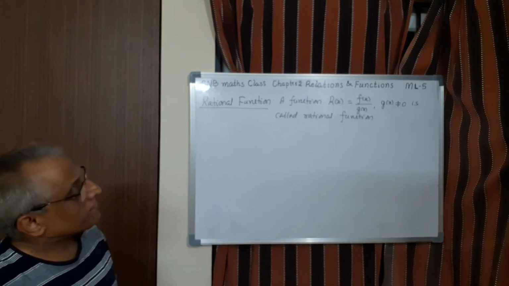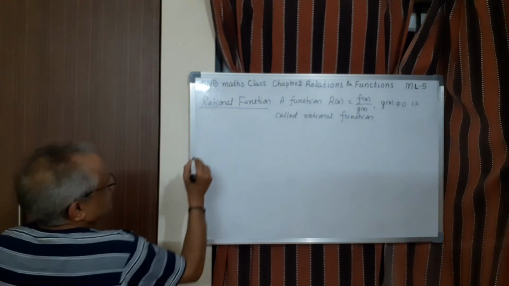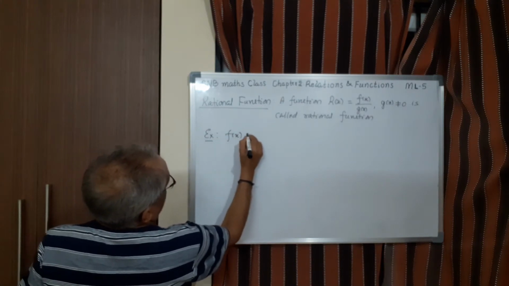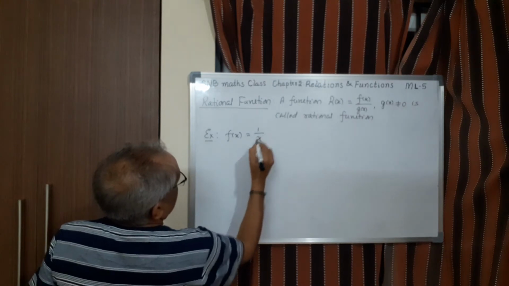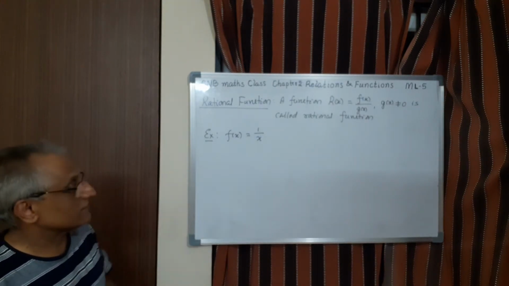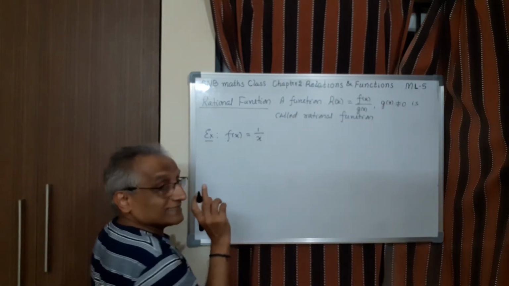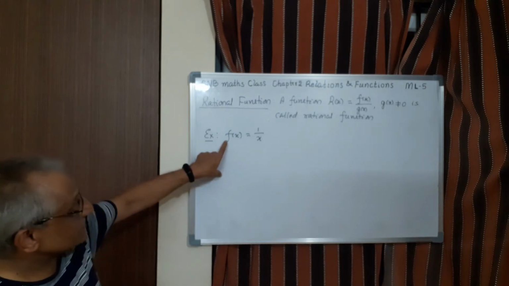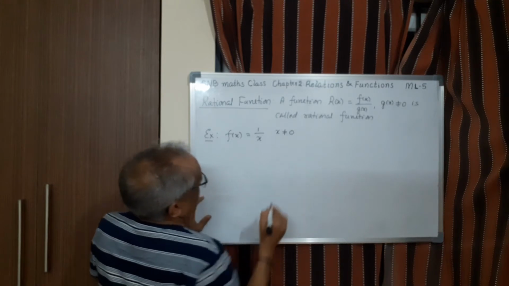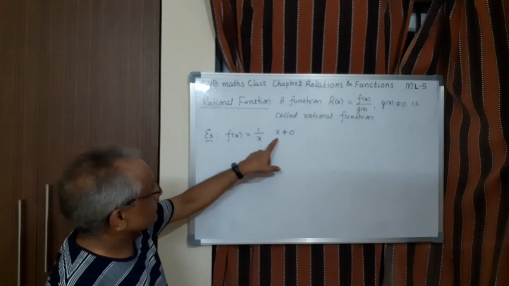Now let us draw a few rational function graphs. Say this example, let us take f of x equal to 1 upon x. I had given already this example. 1 upon x is a rational function. This is also called reciprocal function. So 1 by x. So let us try to draw this. Now, what is the condition for the existence of this function? So x should not be 0. So the condition is g of x should not be 0. Therefore, this is x not equal to 0.